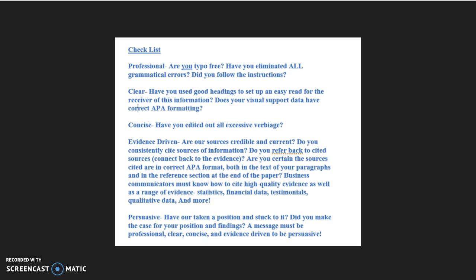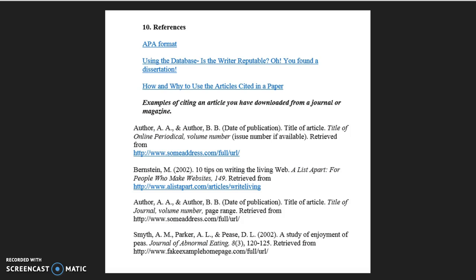Then I provide you a checklist, which I've already reviewed in a previous video, on professionalism, clarity, conciseness, evidence-driven, and persuasive. Then, the final section is the reference section. I have a link for APA formatting, and I've gone even further and cited specific examples of correctly formatted APA citings from an online journal or magazine.